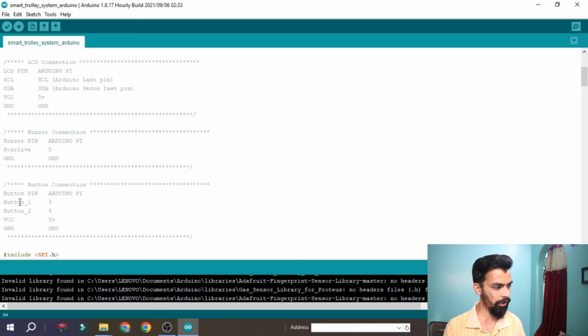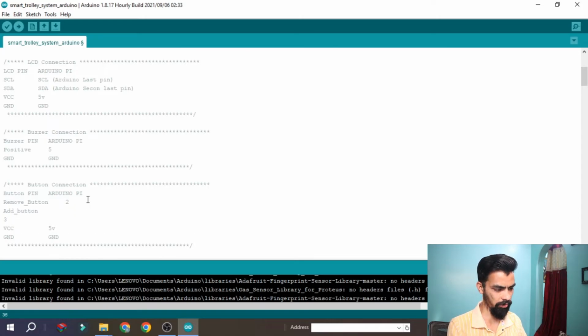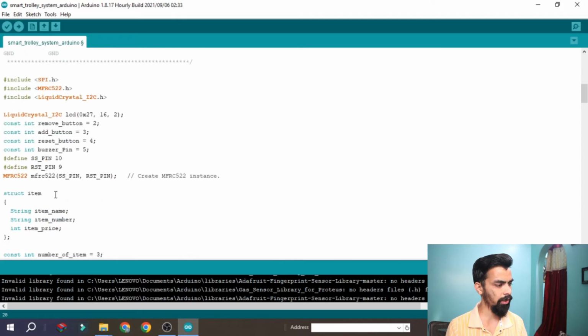Let's say button 1 is the remove button, and here is the add button. So the connection is 2, 3, and then you can see the reset button. So we have the connections 2, 3, 4, and at number 5 you can see the buzzer pin is connected. So 2, 3, 4 are the three buttons, the buzzer is connected to number 5, and those are our RFID pins